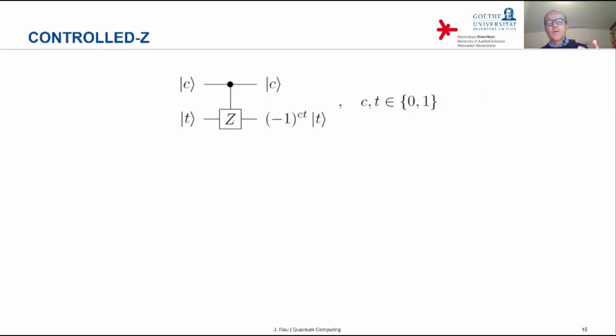Yeah? And the controlled Z works in the same spirit. Depending on the basis state of the control qubit, the gate performs a Pauli Z operation on the target. So once again, in this graphic, C and T are 0 or 1. So they are basis states. The control qubit basis state remains unchanged. The target qubit basis state acquires a prefactor -1,